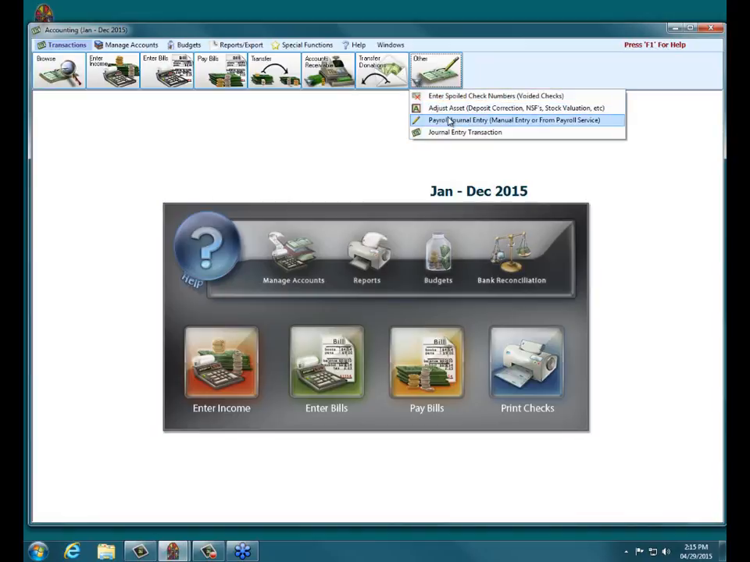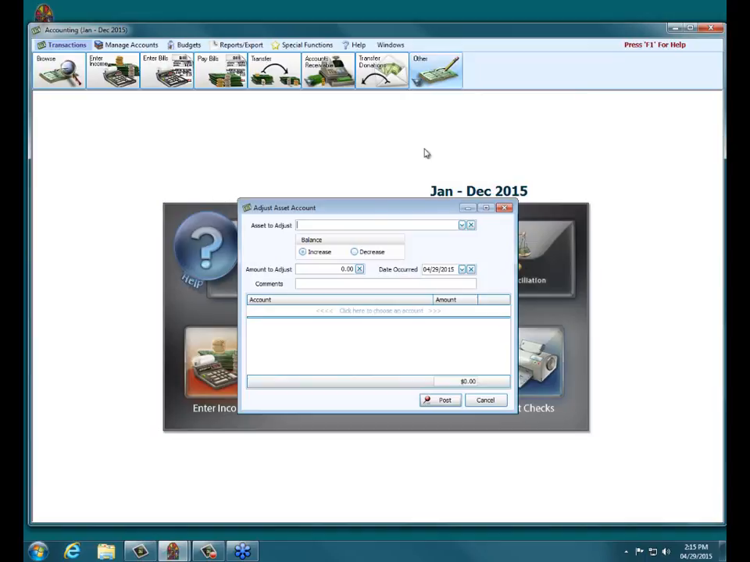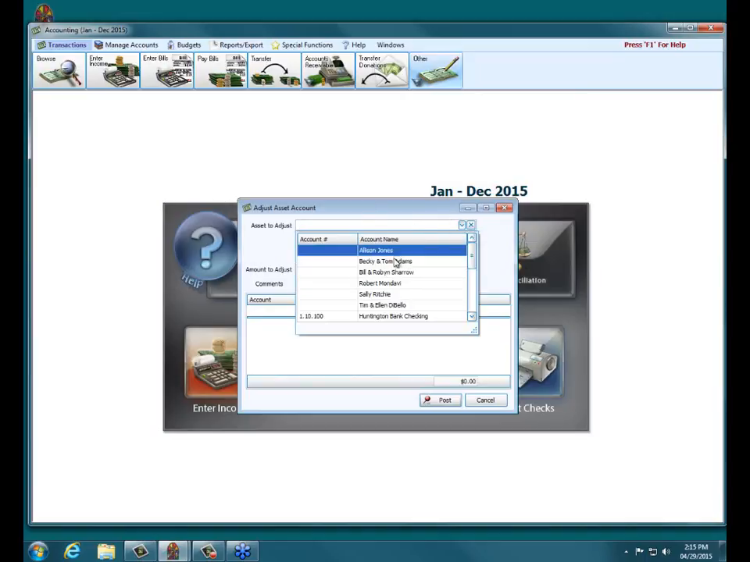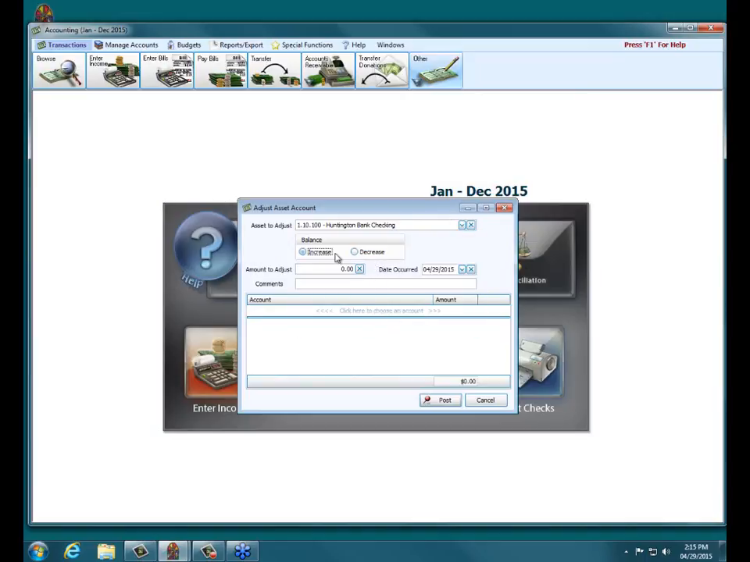You could use a journal entry. I'm fond of the adjust asset transaction myself. So I do adjust asset. I'm going to do my Huntington Bank checking. I'm going to increase it. I'm going to do $1. I could do both of them simultaneously, but I'm going to do them one at a time. I'm going to leave them as today's date, to adjust